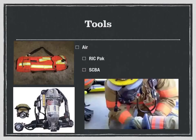axe. Air. One of the most important things that we can bring with our RIC tool cache is additional air. We must carry the RIT pack as well as an extra SCBA that can be utilized during RIC operations for